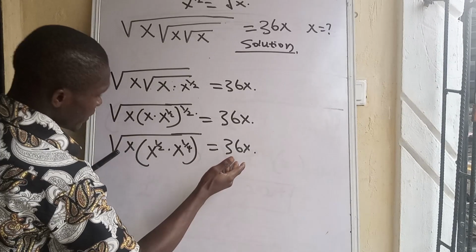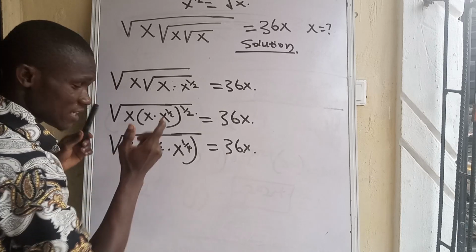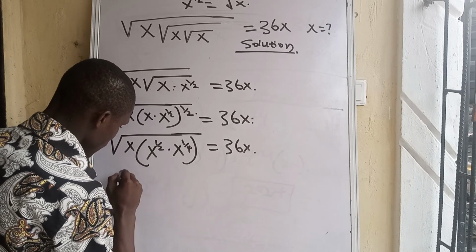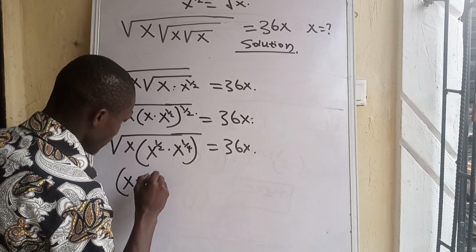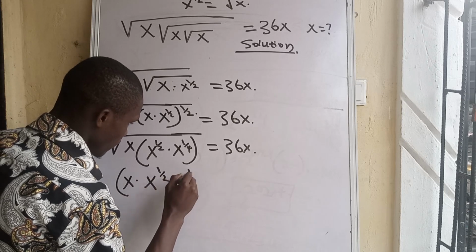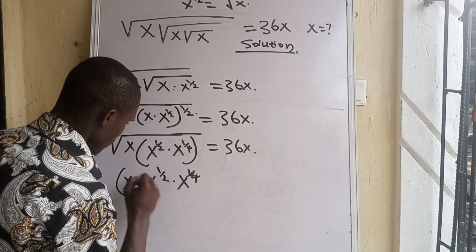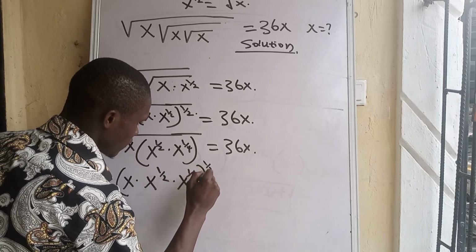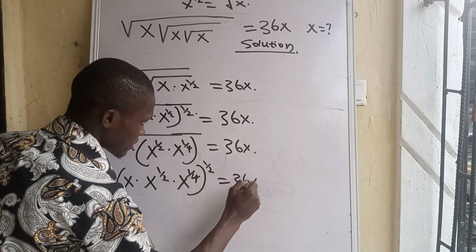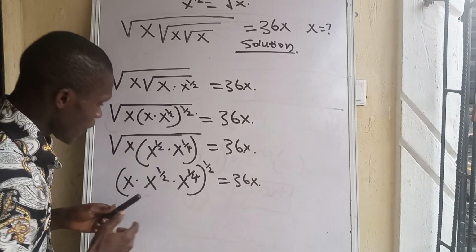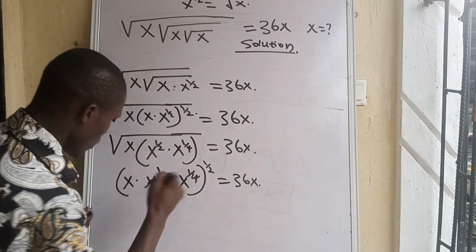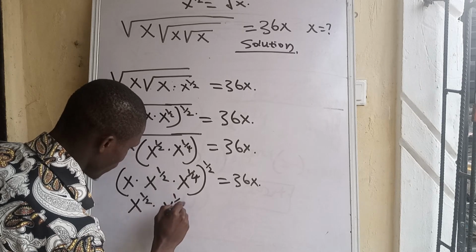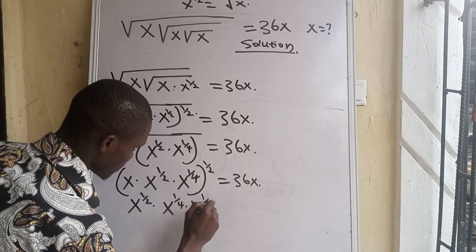Having all this, we can rewrite the whole of this again to be x dot open bracket x to the power of 1 all over 2 dot x to the power of 1 all over 4, to the power of 1 all over 2, equals 36x. Putting in the value, we can now rewrite x to the power of 1 all over 2 dot x to the power of 1 all over 4 dot x to the power of 1 all over 8 equals